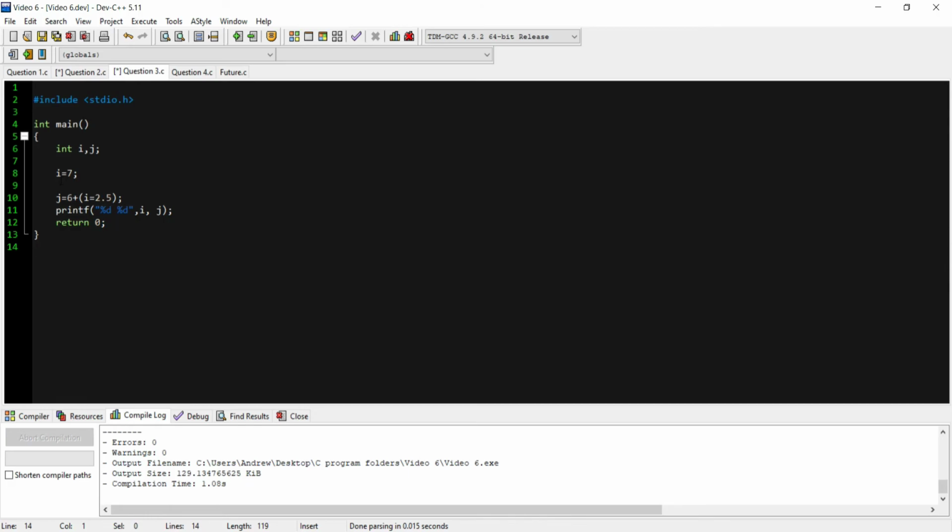Alright, so we have two integer variables, I and j. I will be declared as 7. So remember, be careful with data types. So just looking at this, what do you guys think it is? So I equals 2.5, but I is an integer variable, can't have a decimal, so it's going to round down. So that means I equals 2